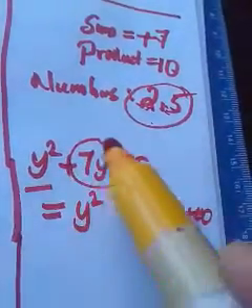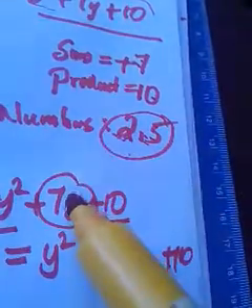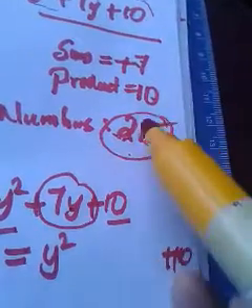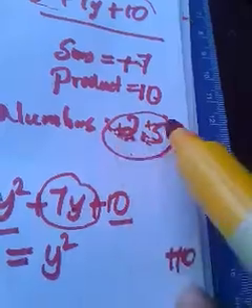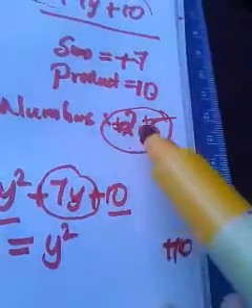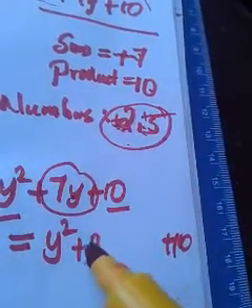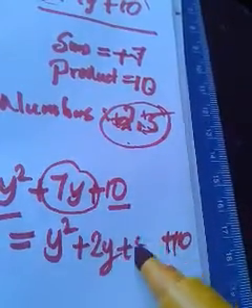Instead of 7y, I am going to use these numbers and represent 7y in terms of them. Which are the two numbers I obtained? Plus 2 and plus 5. So I am going to express the middle term using the first number, plus 2. Let me write it as plus 2y. And the second number, plus 5. Let me write it as plus 5y.